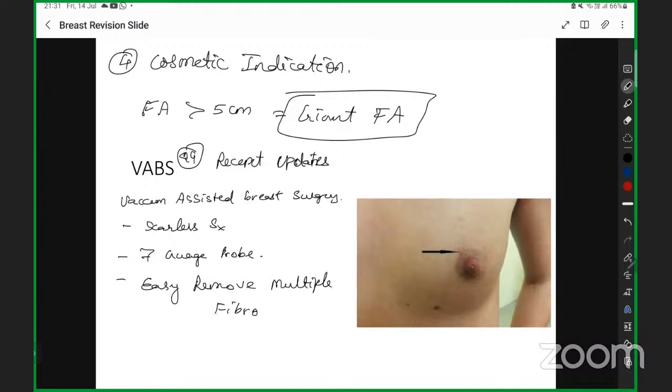Can you see this picture? Can you observe something? In mastectomy, the entire cosmetic features of the breast will be lost. But in this picture, you can see a small hole can be made and the probe can be inserted and the fibroadenoma can be cleared off. That is why VABS is now becoming a popular treatment of choice. So that is VABS, vacuum assisted breast surgery.